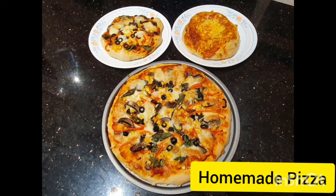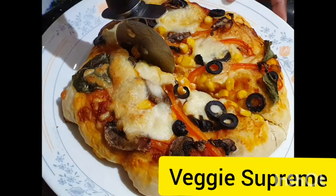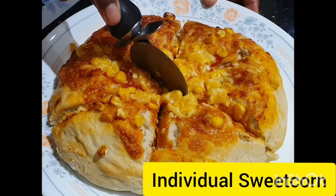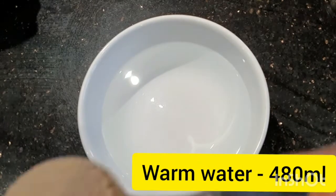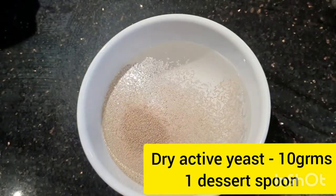Homemade pizza. Let's see how to make it. Here we made 2 individual pizzas and 1 big pizza. Veggie Supreme and individual sweet corn. To start with, we'll take warm water of 480 ml and add 10 grams of dry